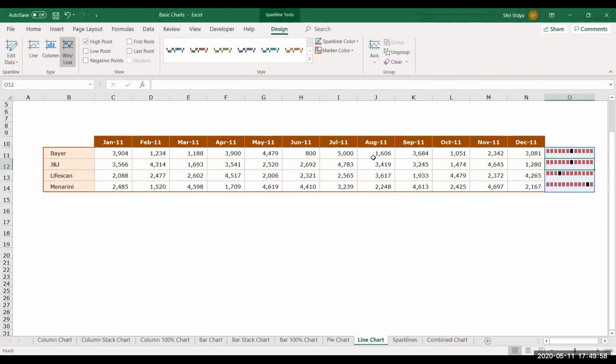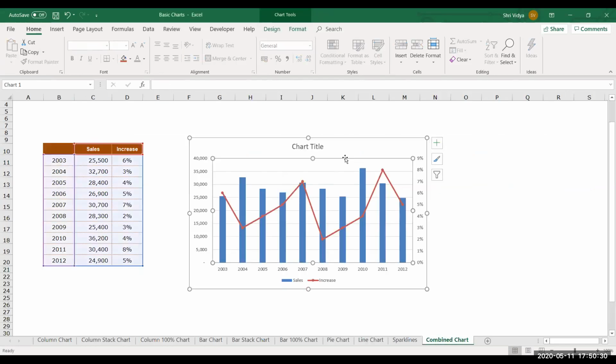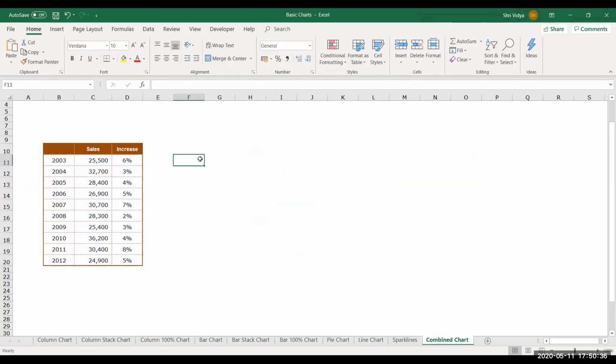So what is this win or loss? So suppose I have some value mentioned in negative. You see, it displays like this. All the positive values show upwards, all the negative values, it will display like this. Okay. So these are the different ways in which you can represent data with a huge number of series. So let me show you how to provide this chart. Combination chart, that's the name given to it. I'll tell you why they have termed it like that.